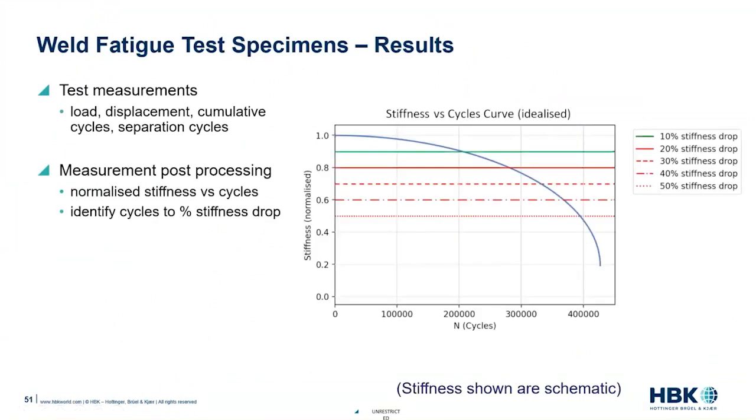Obviously, we've got all the measurement information, the load, the displacement, the cumulative cycles, and the cycles to separation. But it's within the post-processing where we can calculate the stiffness. So here I'm using a normalized stiffness to identify the number of cycles to a percentage of stiffness drop. So are we looking for a 10% drop or a 20% drop? It's depending on the weld type, weld geometry,